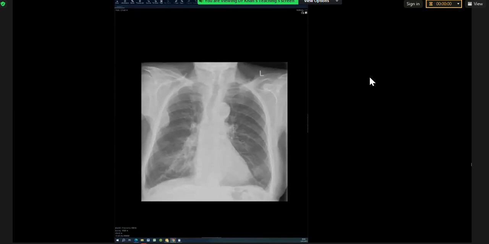I don't know if you guys remember it or not, but when you say consolidation that is causing increased volume or bulging of the fissures, that's a typical sign for Klebsiella pneumonia. So that may be something you get asked, is a consolidation that has a mass effect or is pushing the fissure. You have to think of cancer, and if it's an infection, it would be Klebsiella. So I hope that